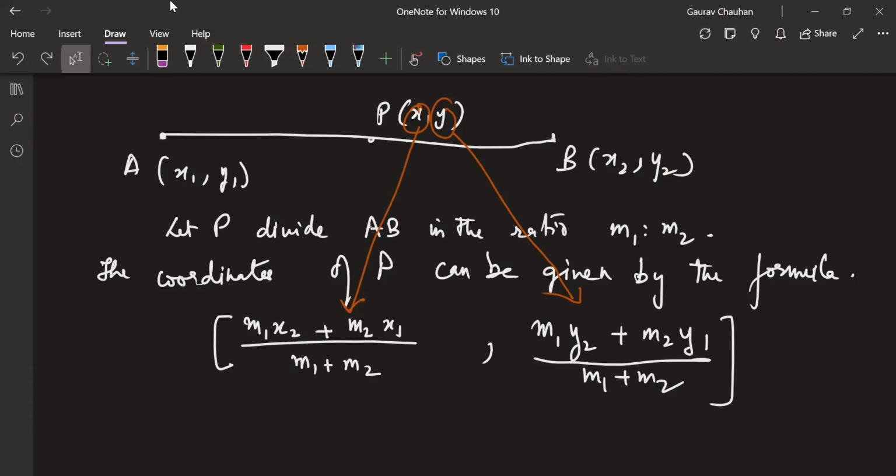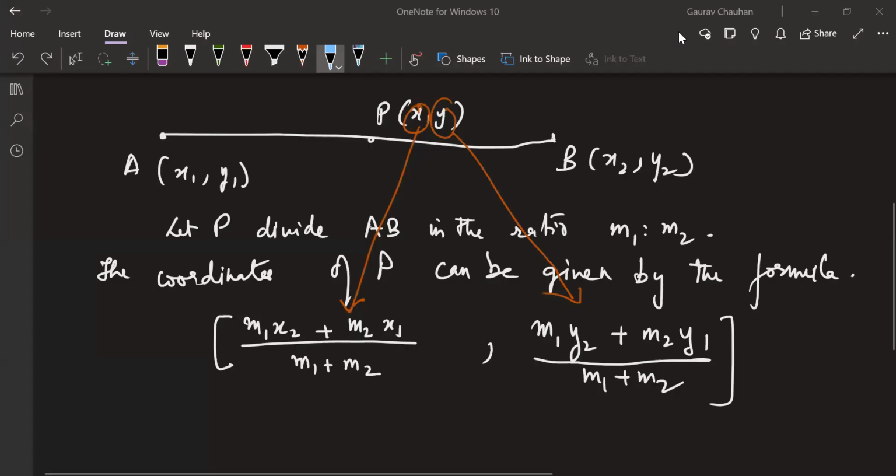M1 and M2 are the ratio. So I'm saying that P is divided... point P can be anywhere on this. Wherever it is, it will divide in some ratio. M1 by M2 is that ratio. Okay, when we do the question it will perhaps be clearer. Yes, we are copying this much only.